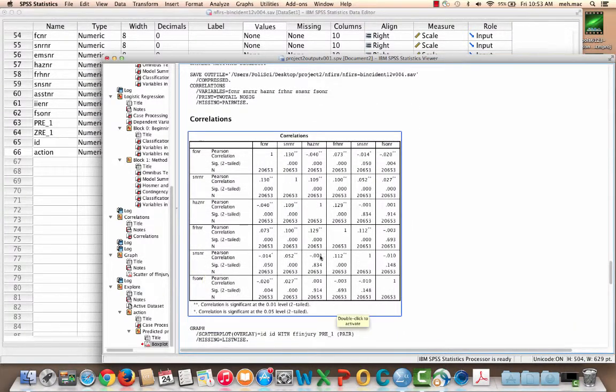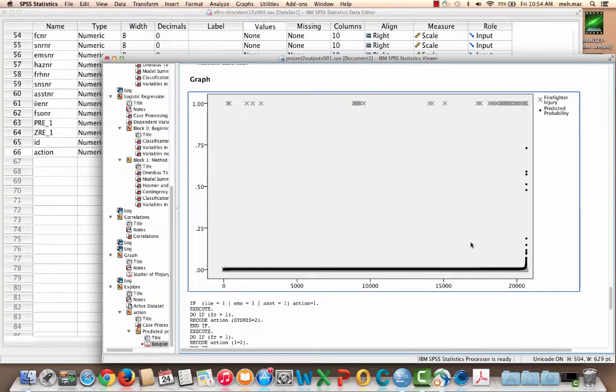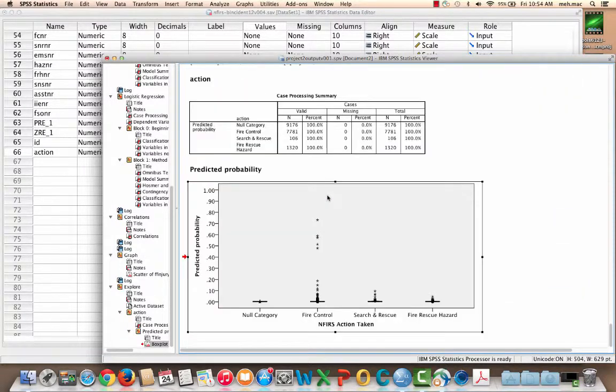We're going to need this correlation table because we need to evaluate whether the independent variables, in this case those interactions between number of firefighters and those categories, are highly correlated. They're not, so we should be okay. We're going to use this plot, we're going to export it and put it into the template for the supplemental appendix, and then we'll use this one in the assignment as it is, and change that one. Just kind of shows you